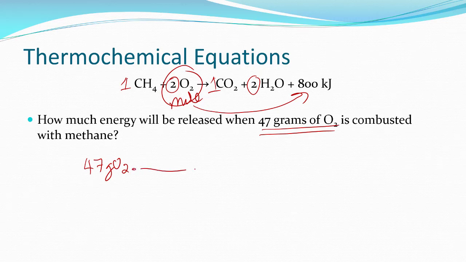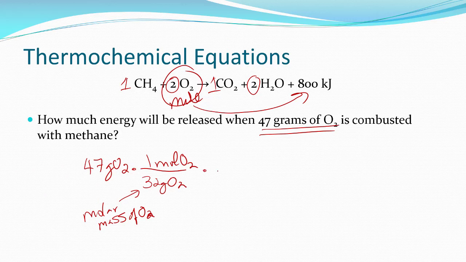moles of oxygen. So how do we convert grams of oxygen into moles of oxygen? You need the molar mass. To find the molar mass, you need a periodic table. So if you look in a periodic table, you notice that for every 1 mole of oxygen, there's 16 grams. So because it's O2, 32 grams of O2 for every 1 mole of oxygen. Again, ladies and gentlemen, this is the molar mass of O2 that I got from the periodic table of elements. Now that we're in